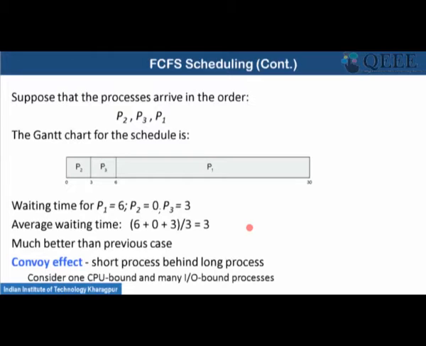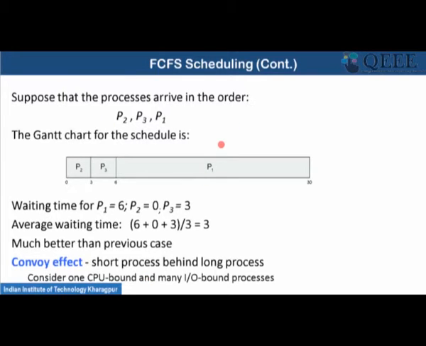So clearly, the scheduling is dependent on the order in which the processes arrive in the system, and the performance solely depends on that. So it is not a good scheduling algorithm, and we have something called the convoy effect. Convoy effect means the short processes are behind the long process. First you get a long process, then you get multiple short processes, because of which the short processes will have a higher waiting time, which increases the overall waiting time of the system.